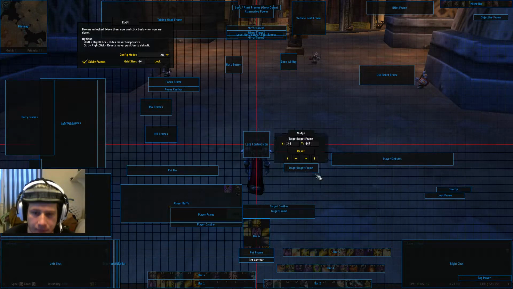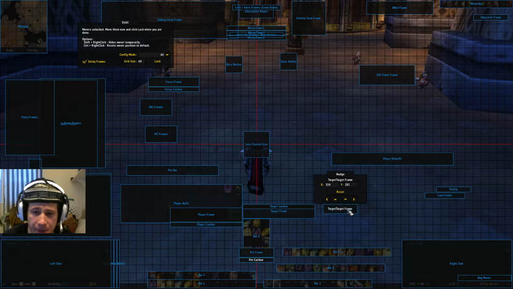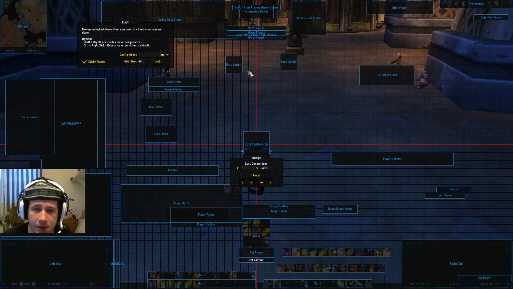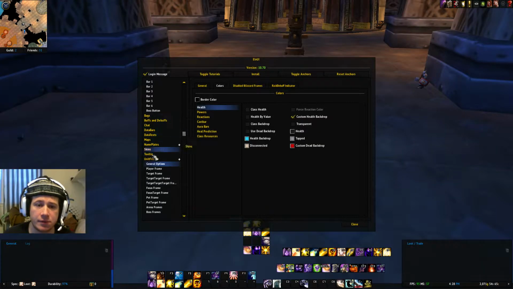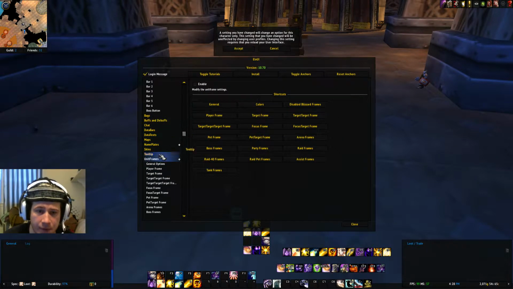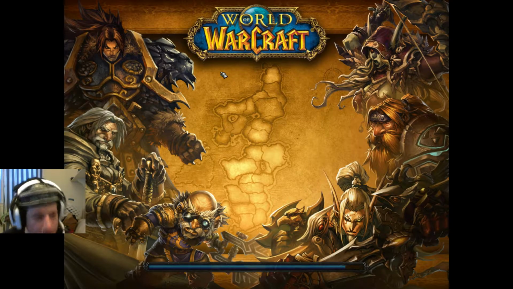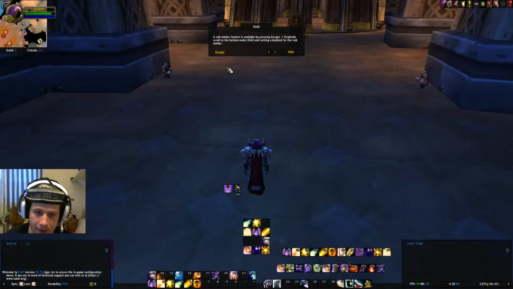Put this over here. Oh, you know where I need this? Right here. My target frame, of course. Now you can always just disable these. Okay. You go to unit frames total, disable the unit frames. Okay, we're going to go back to the Blizzard edition of unit frames. What does that look like? Well, looks like